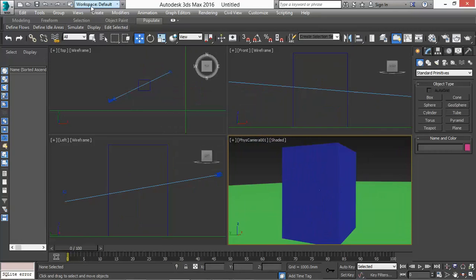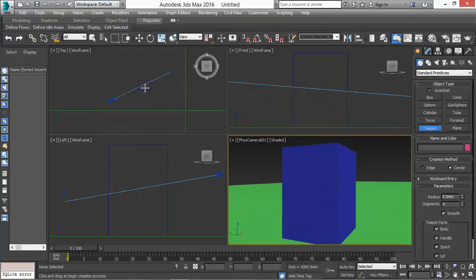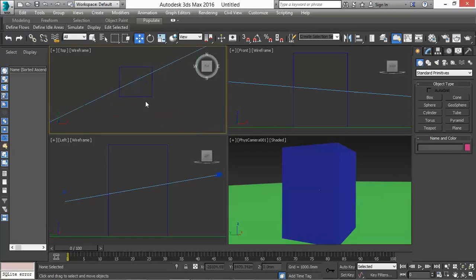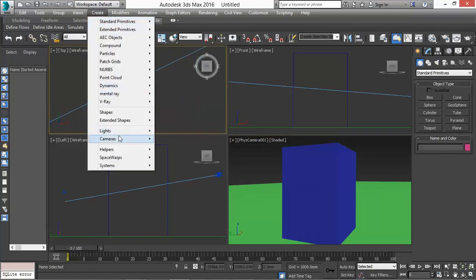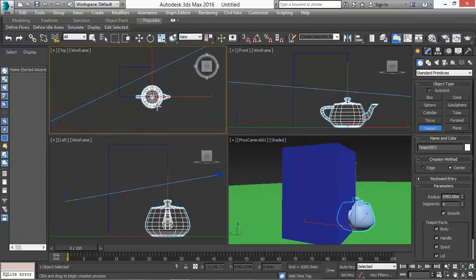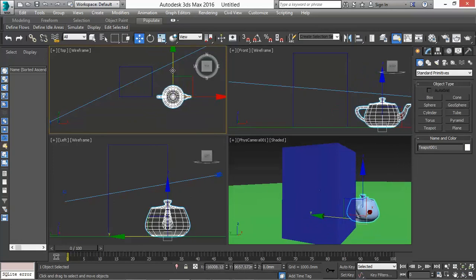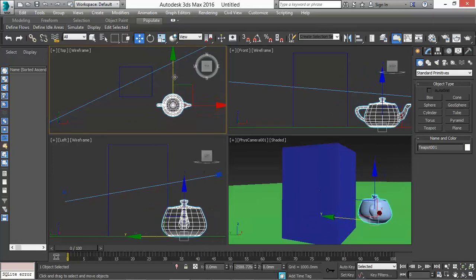Let's create another thing. Let's create a teapot in our top view. Go to your top view W and create a teapot. Still under standard primitive, this is our teapot. Let's move it. Now I told you about gizmos. This gizmo, you can